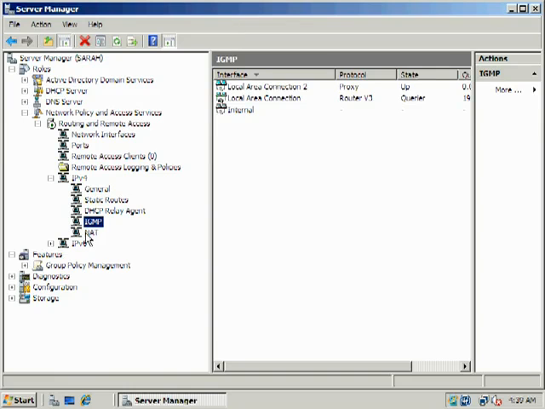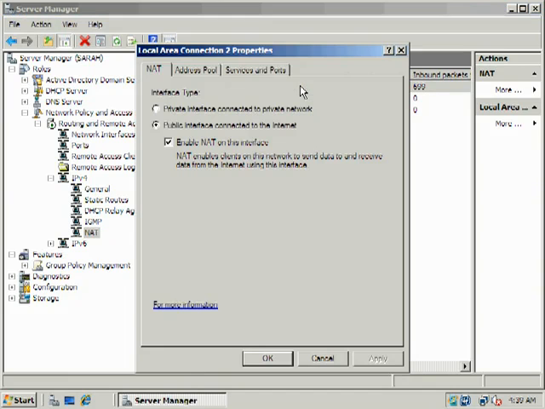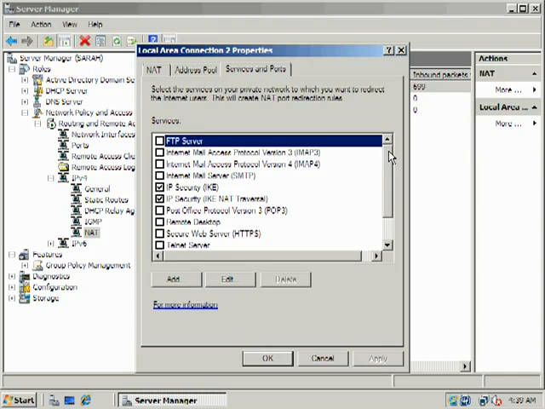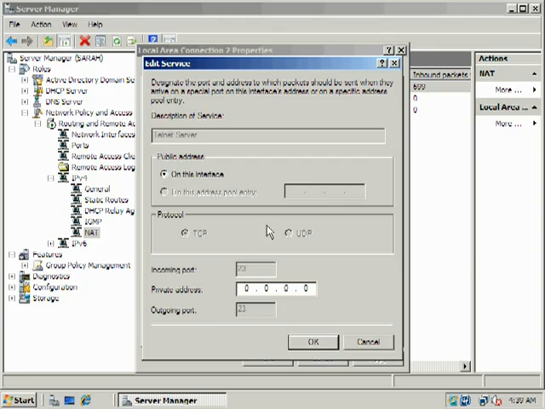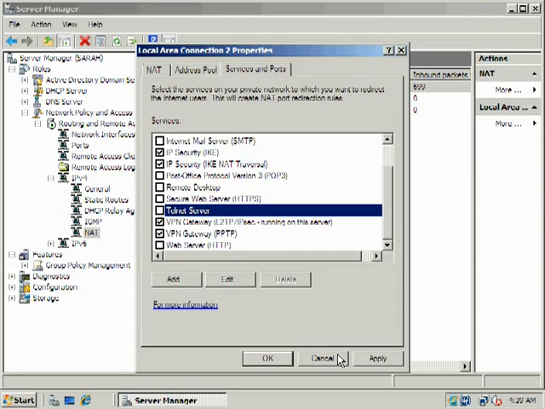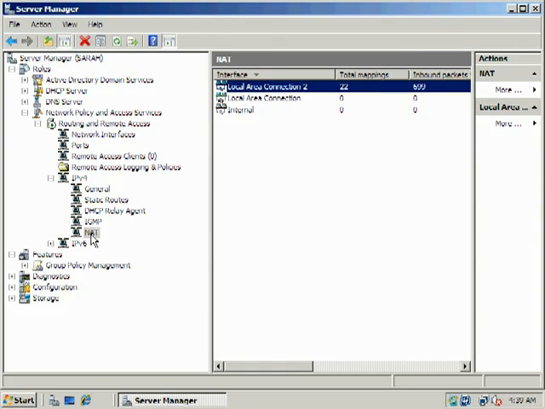In the group management protocol here, again I could add new interfaces or a group table, and then here's my network address translation. Let me go down here, and again I can select my interfaces, and let me show you, here's where you can gain some access or control to the firewall. I can choose to enable NAT on this interface, address pool, services and ports, choose what I allow or what I will not allow through,